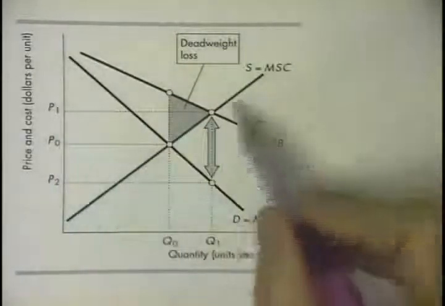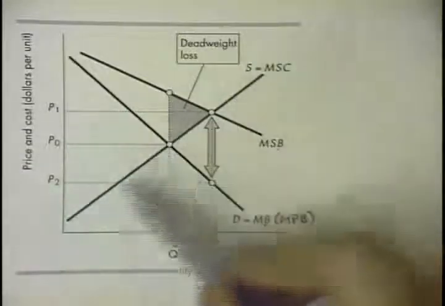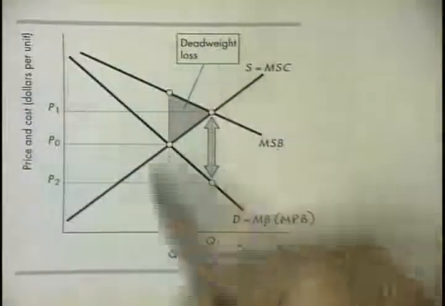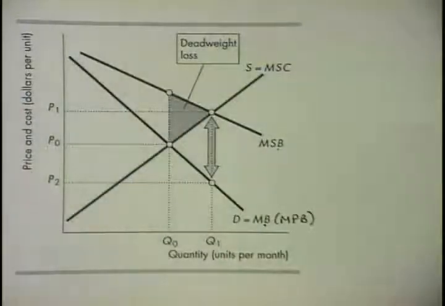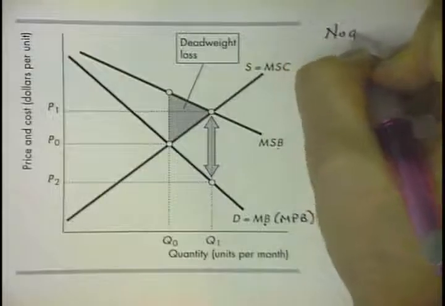My marginal social cost is my supply curve. There's no external cost, so they're both going to be the same thing. Don't worry about this deadweight loss thing. We aren't going to worry about that. But if there's no government involvement,